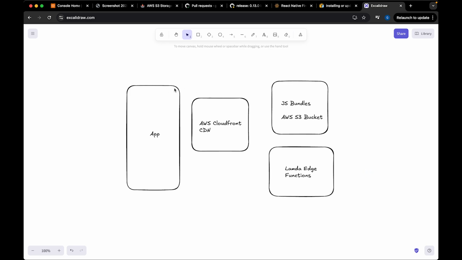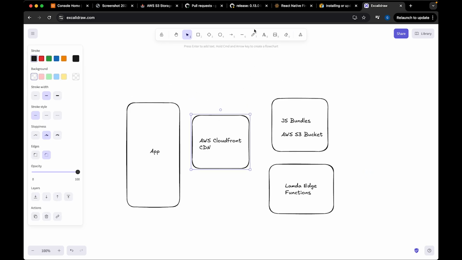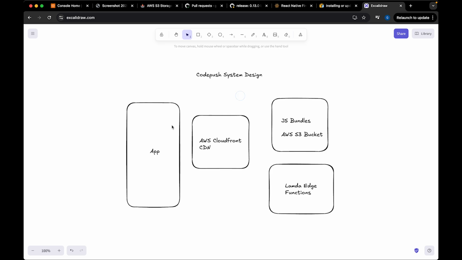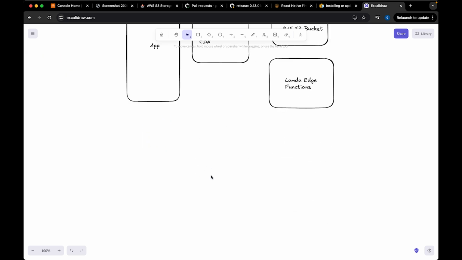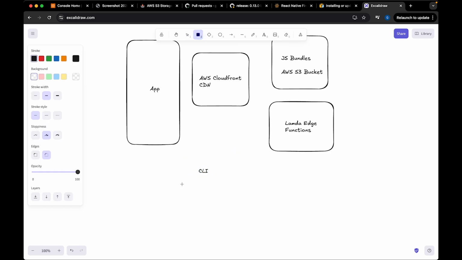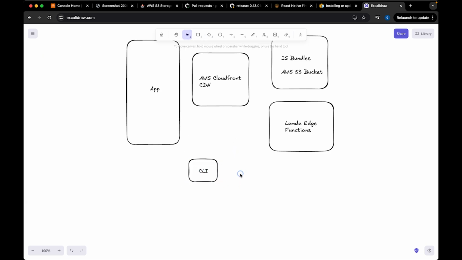So what happens is, this is system design. So I'm going to go here and add CodePush system design. Okay. So what happens is, from the app, I'm also going to add something called CLI. Okay. So with the help of this CLI, what we are going to do is, with the HotUpdater CLI, we are